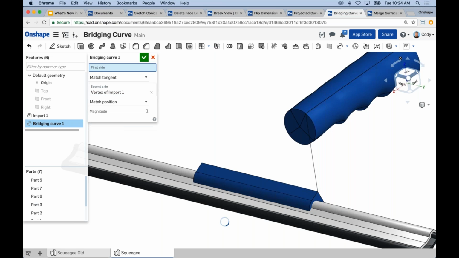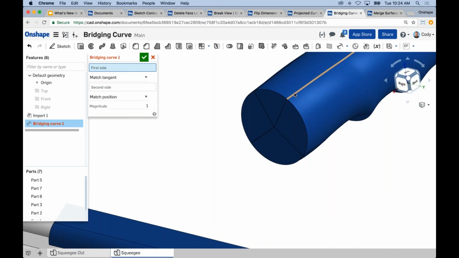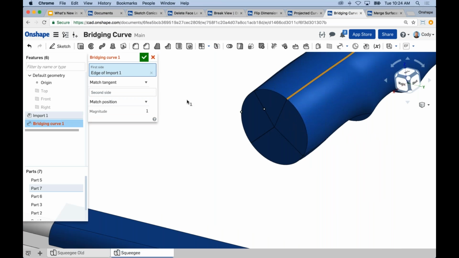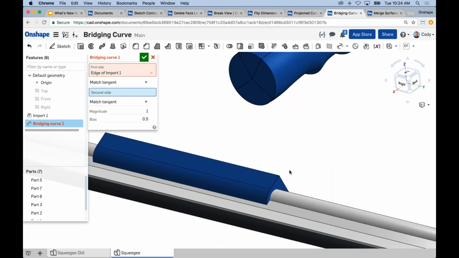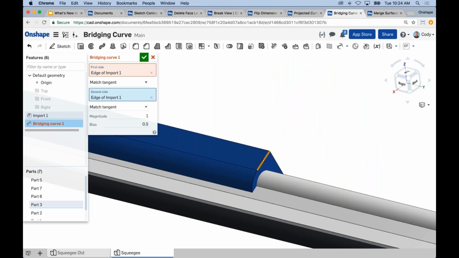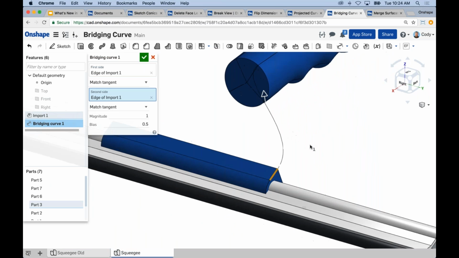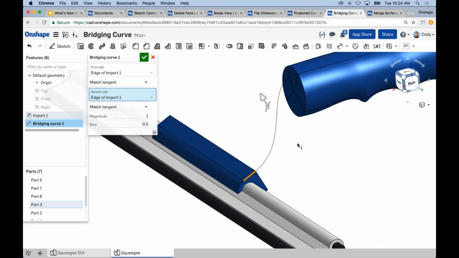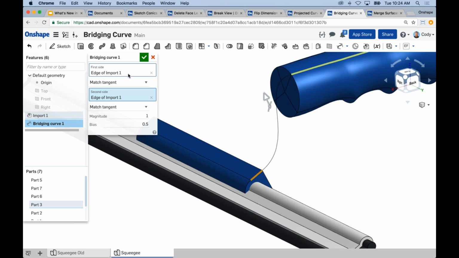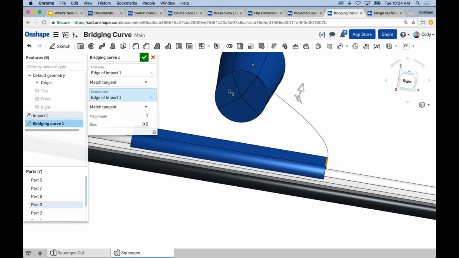And this is a really powerful way. Give me a second here. Instead of clicking the end point, I'll click the edge. All right. Again, come to my second side. Let's choose match tangent. Second side. Again, instead of clicking on the end point, I'll click on an edge. The benefit of this is it recognizes and maintains the tangency with the edge, which gives you that smooth transition between profiles, right? So again, instead of going match position and clicking 2 points, you choose match tangent and choose 2 edges, and the curve will then become tangent with the edges you